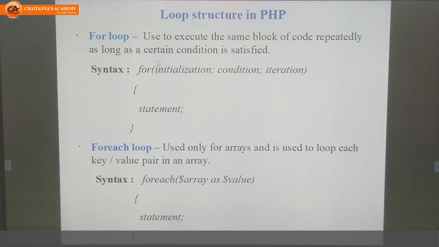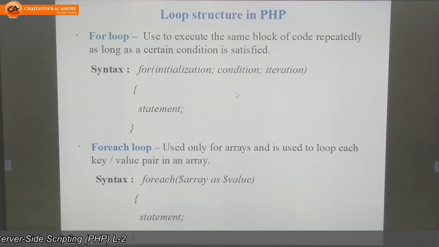So for loop we use to execute the same block of code repeatedly as long as the condition is true or satisfied. What is meant by for loop? If we want to execute the same block of statements repeatedly till our condition is true.